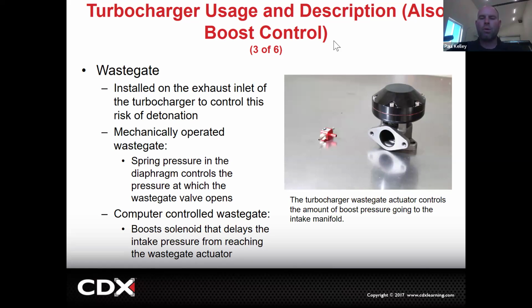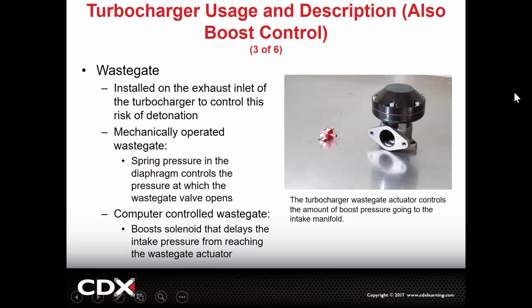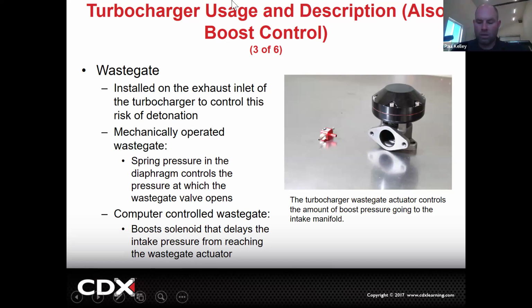Cool. Roberto, any more questions? You feel good? Oh, good. So blow off valves and wastegates are completely different. Correct. So in summary,